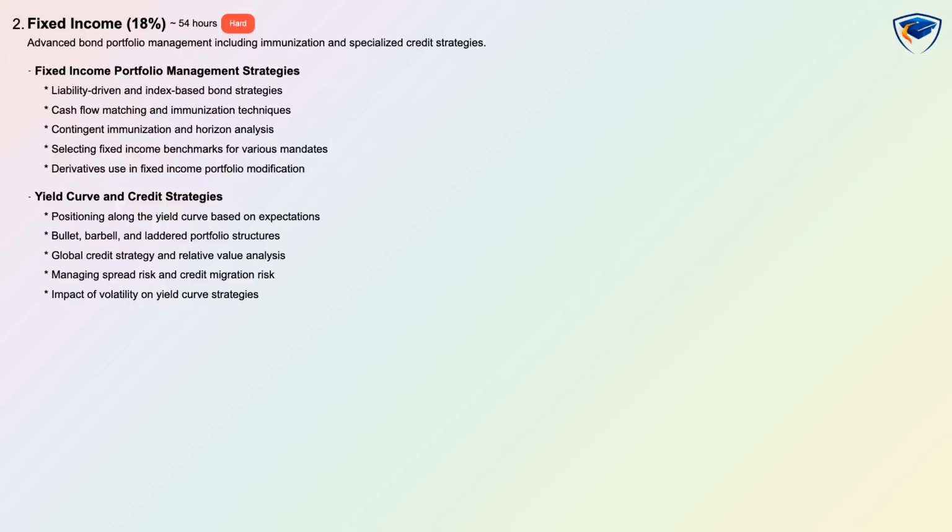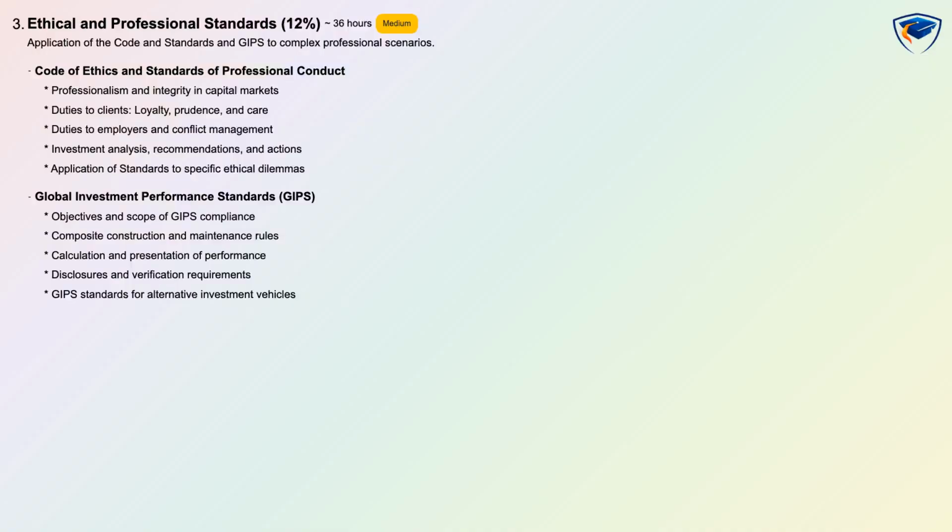You will also study yield curve positioning with bullet, barbell, and ladder structures, global credit strategies, spread risk, and how volatility affects curve strategies. Ethical and professional standards makes up 12%, is medium difficulty with about 36 hours, and is